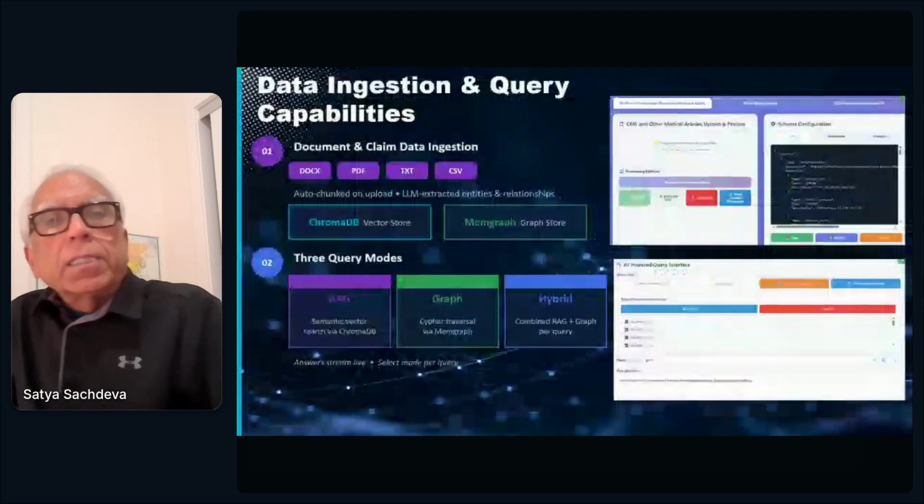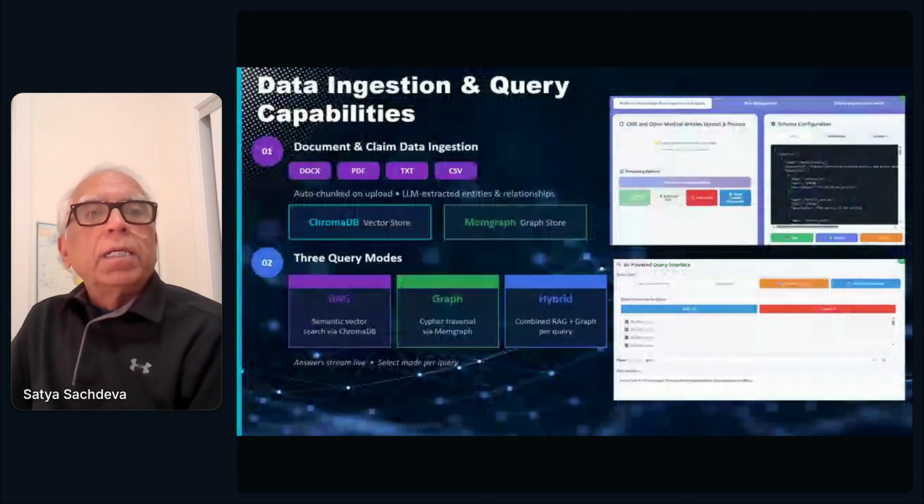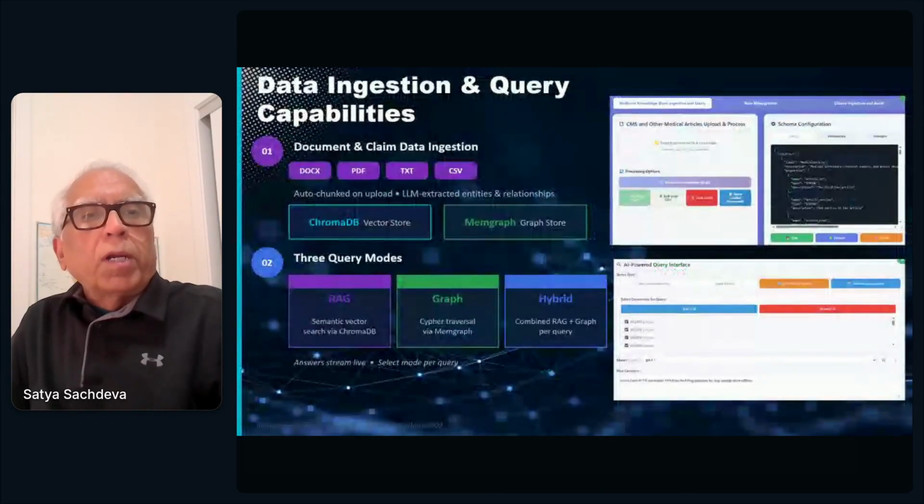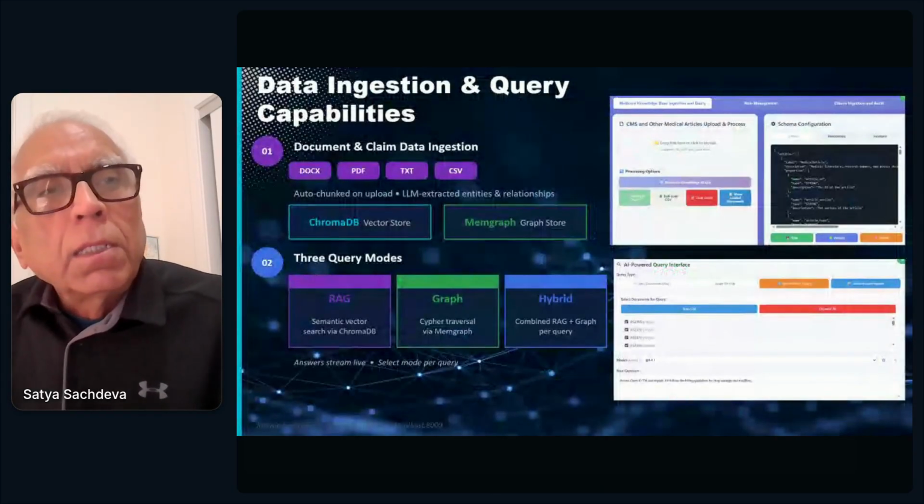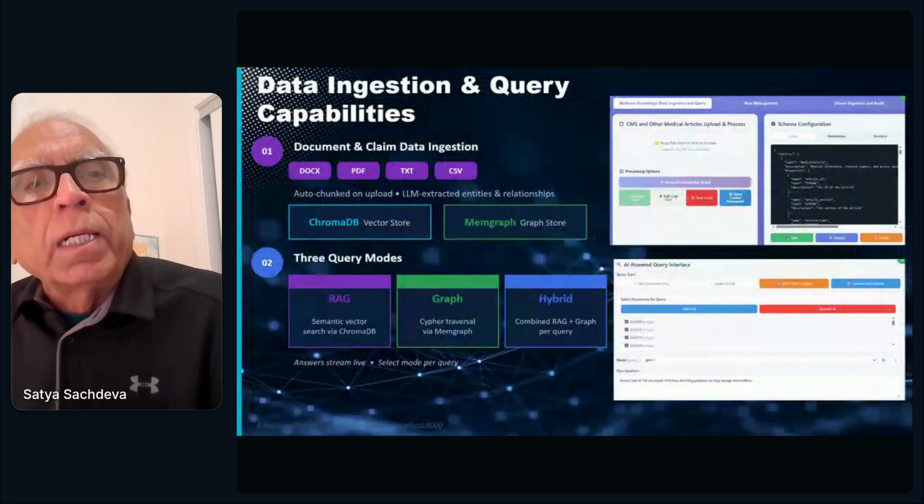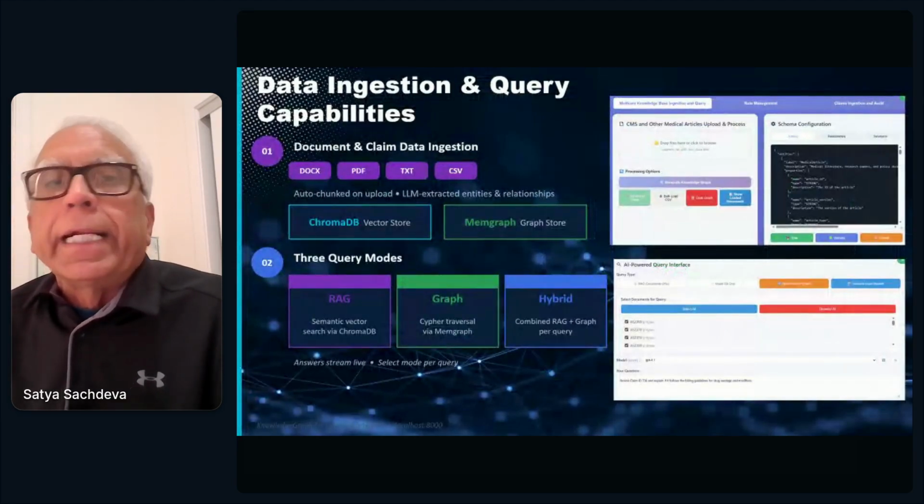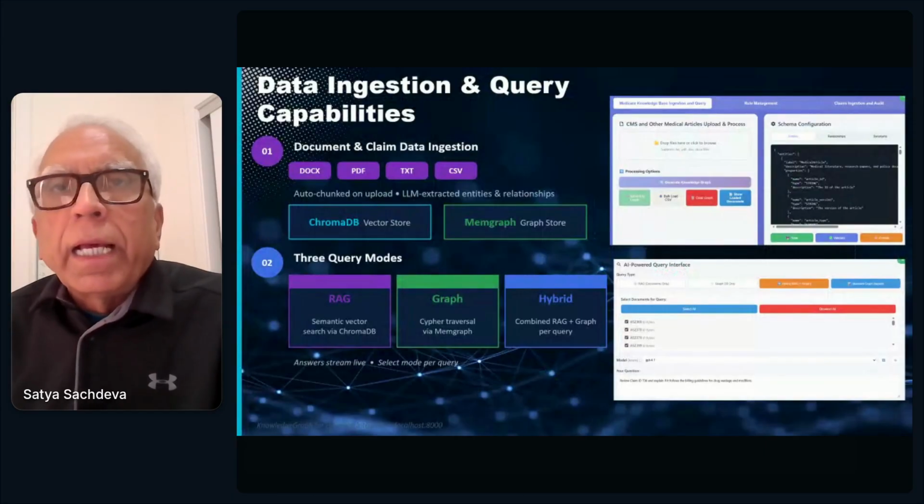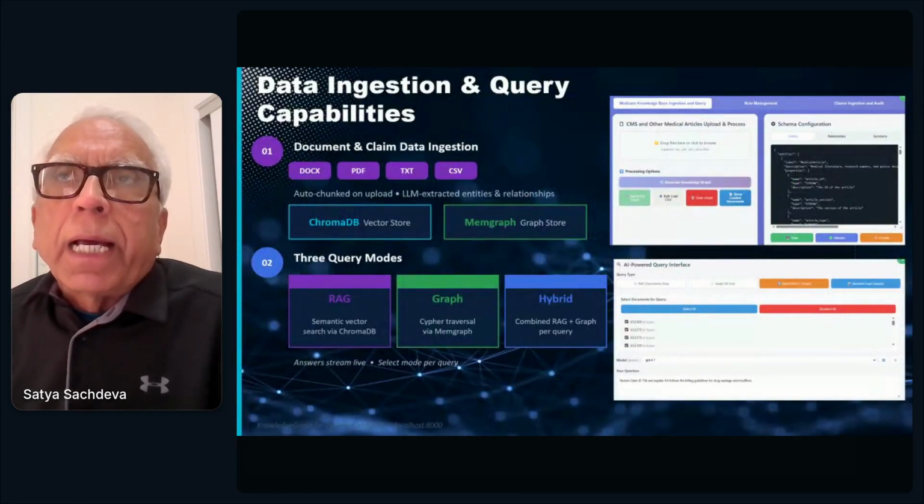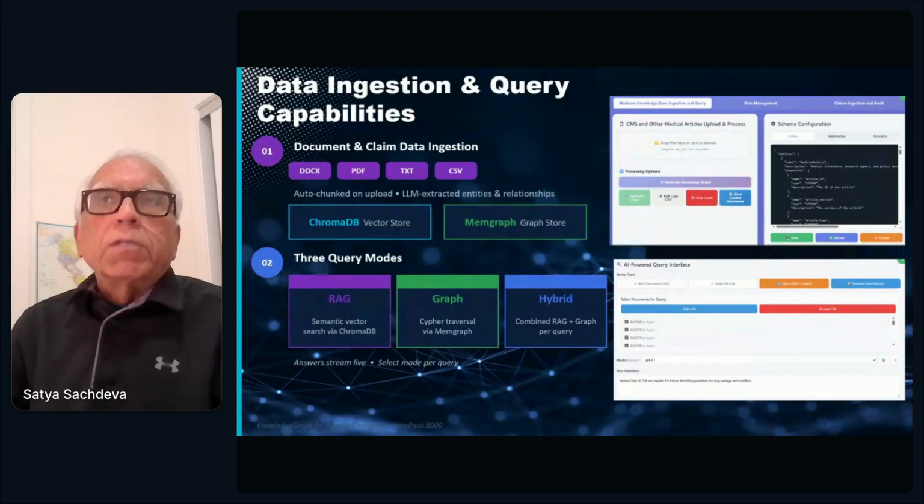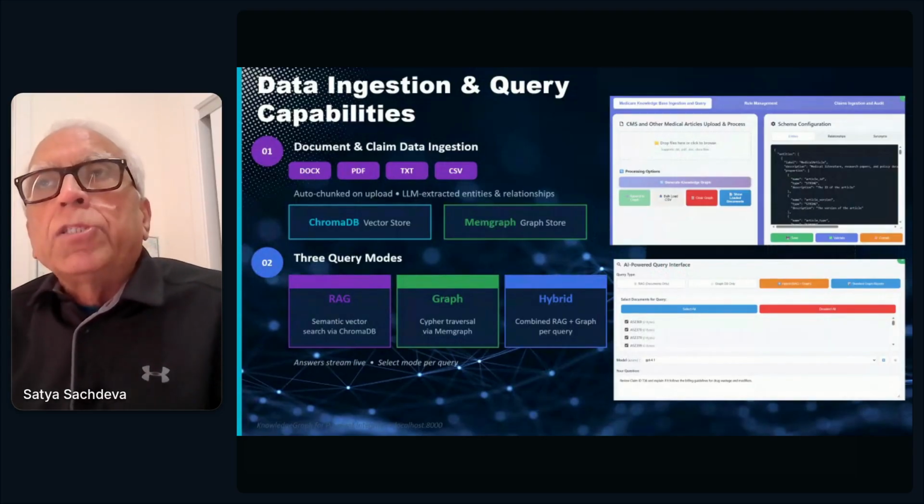So this is the application that we are going to demo today. It has 4 different components. The first one is, of course, document and claim data ingestion. And for documents, as you can imagine, because we need to store all the documents in chunks,